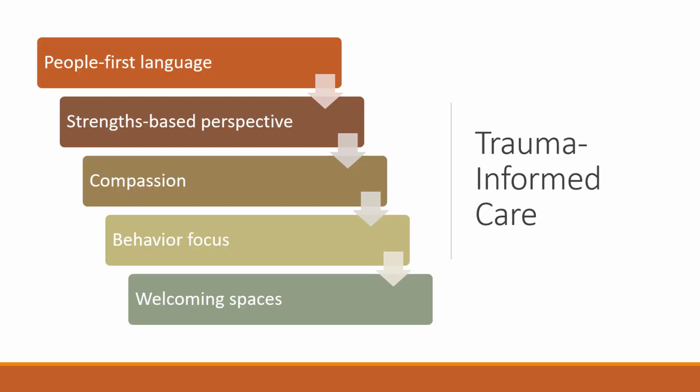Trauma-informed care teaches us to treat people experiencing social issues, anything from abuse to poverty to housing insecurity, as people first, and to use person-first language, because people are not their experience. They are not poor people, homeless people, addicted people. They are people experiencing those things. They are people first and their situation last.